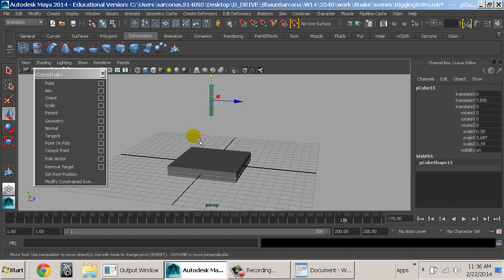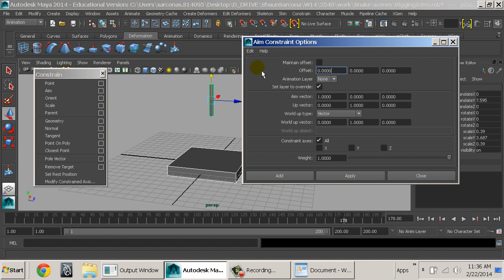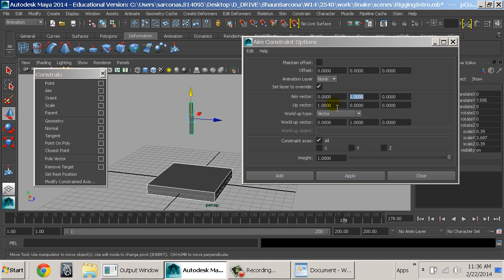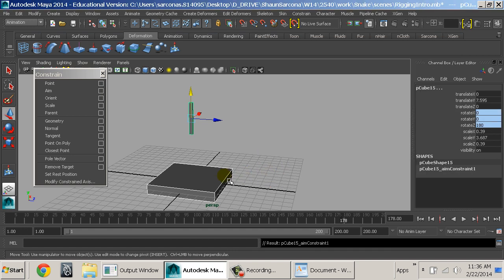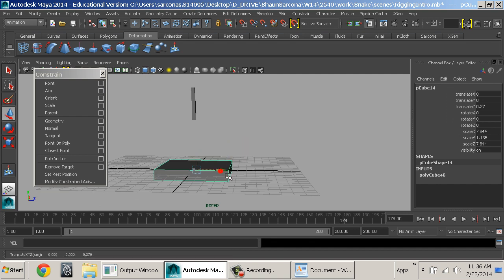Here's a fun one, the aim one. So again, let's grab this, go to aim. I'm just going to set up a couple options here, telling it which is the aim vector, the one I want to be the aiming one, which in this case is the Y. And then for my up vector, I just pick either X or Z, not Y. Add. So nothing really changed, but now as I move this,